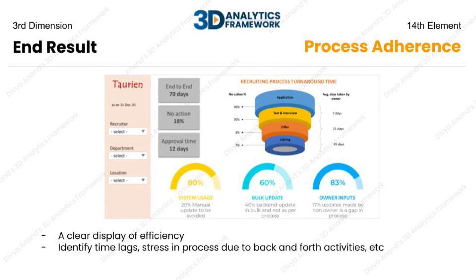Data quality and process adherence dashboards go hand in hand. If there are process gaps, it can result in bad data collection, which leads to subsequent challenges. It is also an excellent way to audit and keep a check on non-adherence of processes defined. With the six kinds of dashboards, one would have more or less addressed every need in the organization.